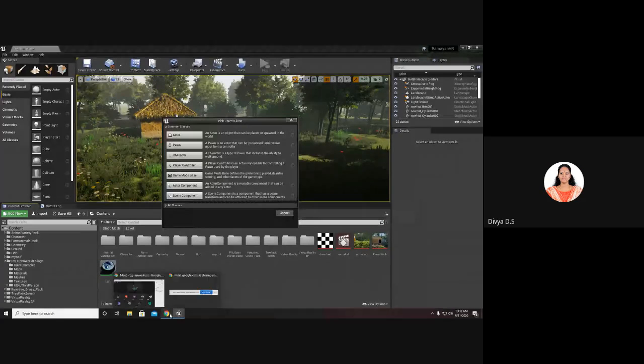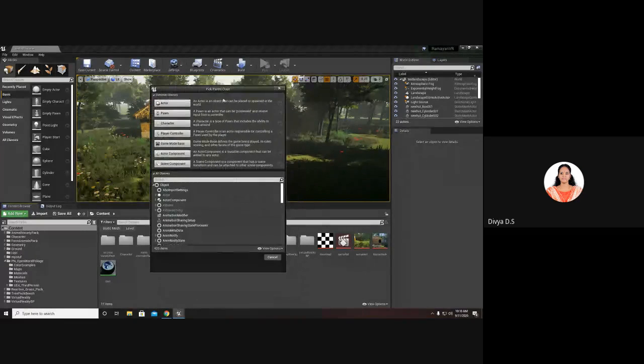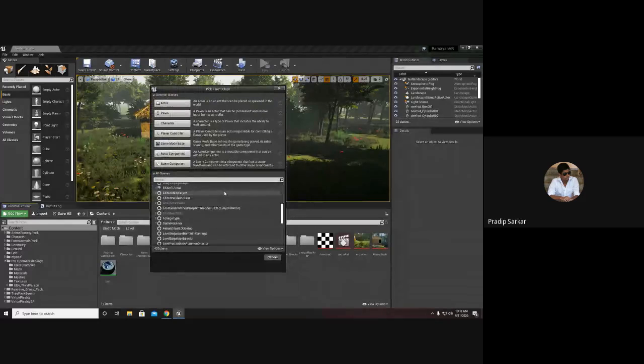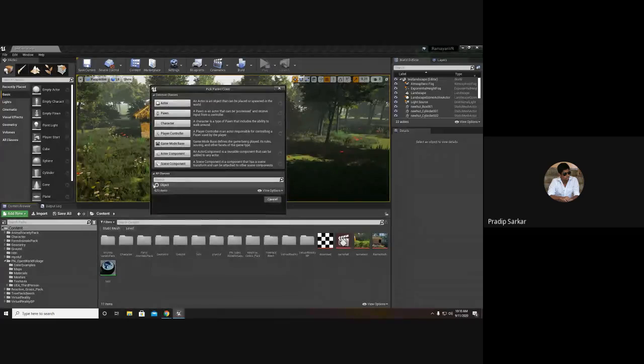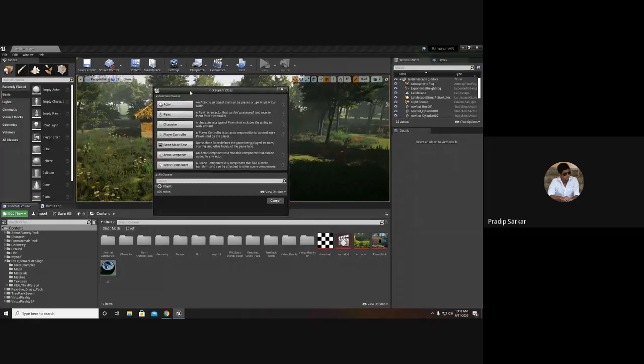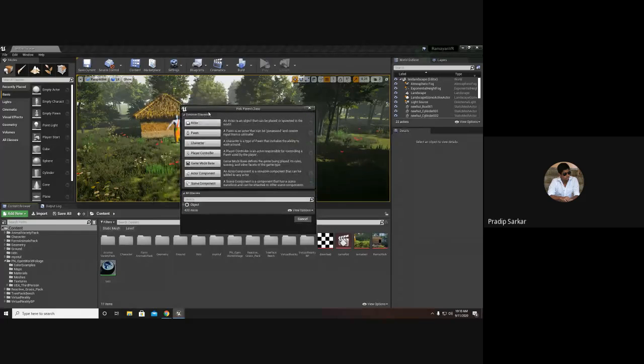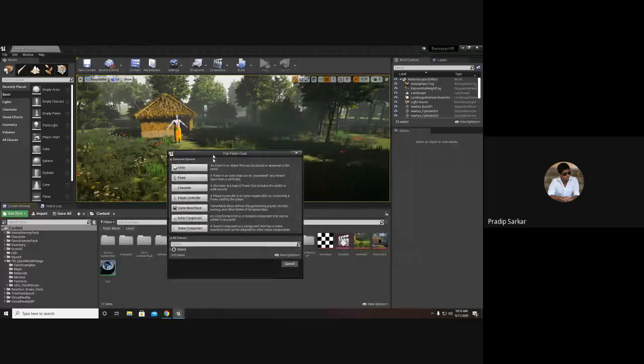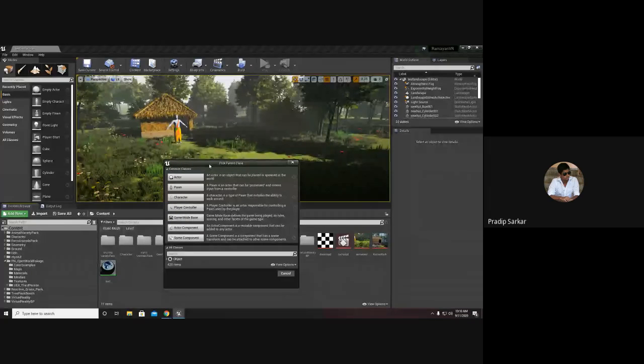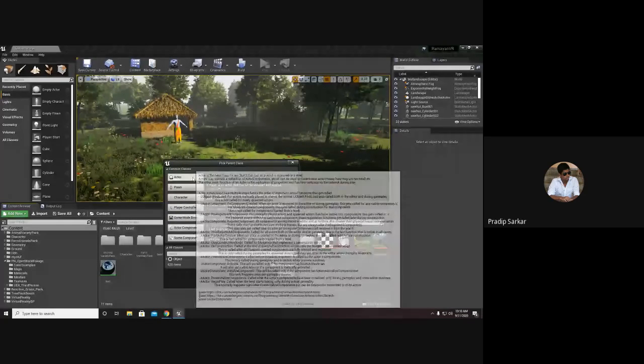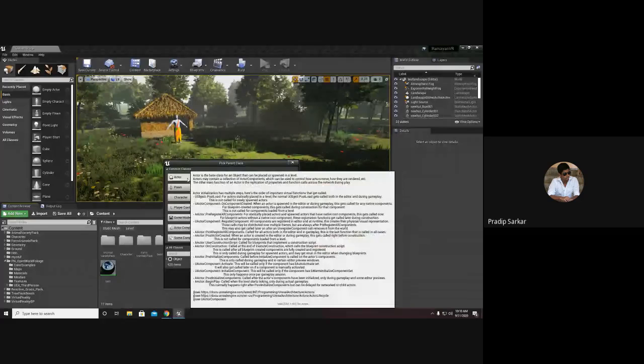Is this blueprint for Unity or for Unreal? It is for Unreal. Okay. Now all the other classes are present in the all classes section. A total of 420 classes are there inside Unreal. For the basic class, the most basic class is the actor class. So today we'll look into the actor class.